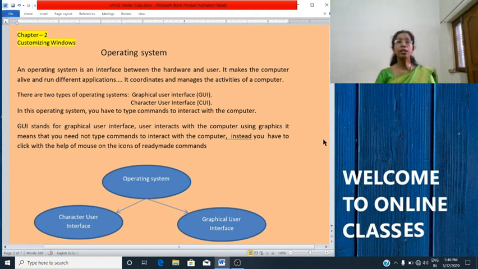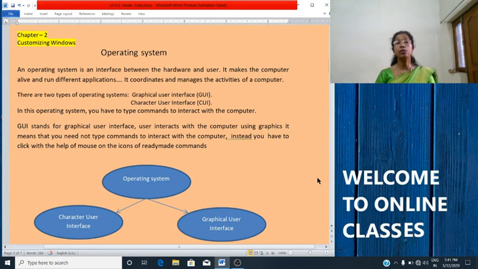Then a graphic screen appears that is known as Windows. The set of programs called operating system makes the computer system ready for use. Clear? When you switch on the computer, booting takes place, then you can see the Windows screen.